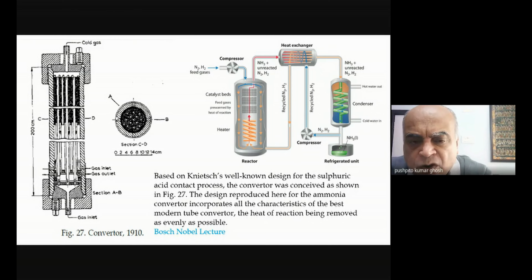You'll get a lot of inspiration for that. Another very important thing that they did was realizing that because you're operating at a high temperature and pressure, and the normal boiling point of ammonia is around minus 33 degrees centigrade, although I'm operating at very high temperatures, because I'm also operating at a high pressure, there is not too much cooling that one needs to do to condense the ammonia under that pressurized condition to liquefy it,